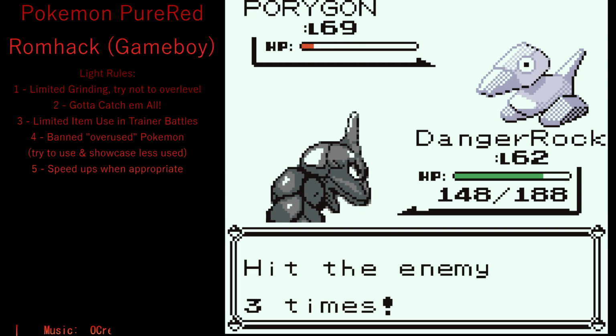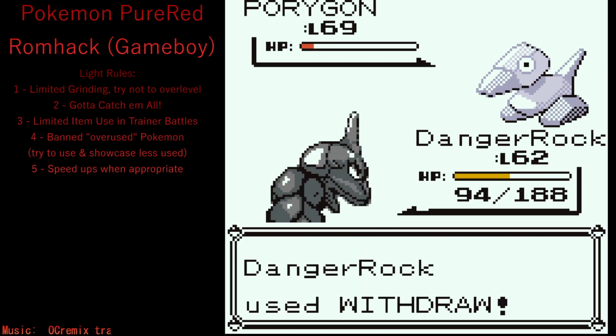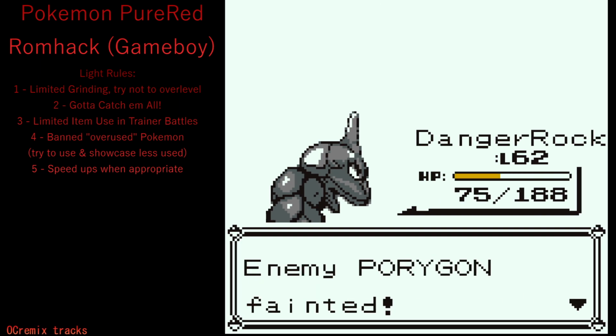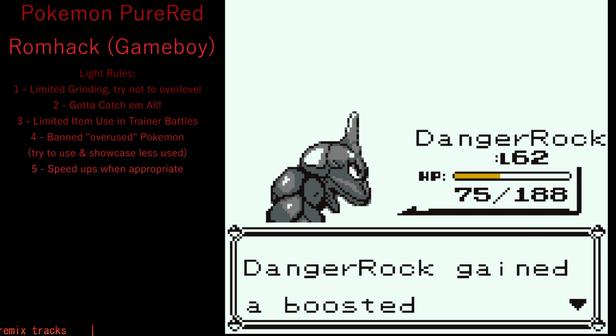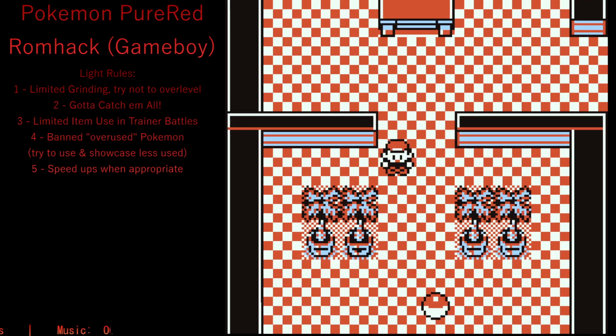He didn't want to turn into a Danger Noodle. Maybe he can't, because I'm a unique Danger Noodle. Is it possible? Oh, he still killed himself. I was hoping he'd drop him low enough that we could catch him. I wonder if Danger Rock, because he's unique, maybe he can't be...